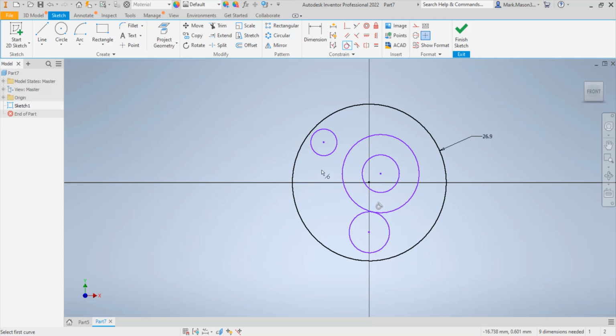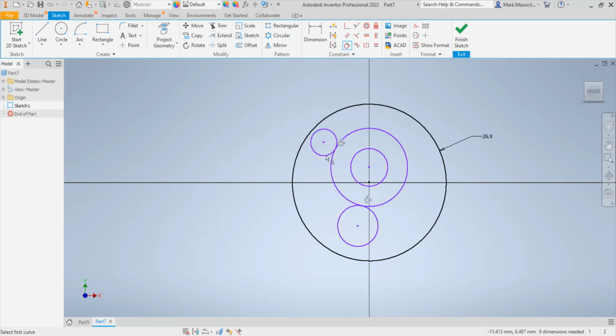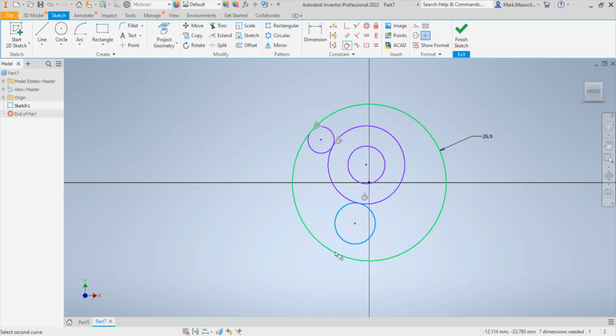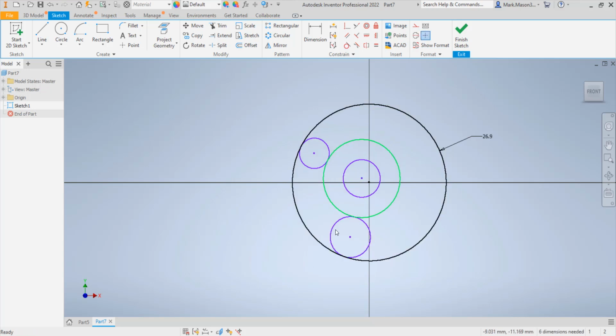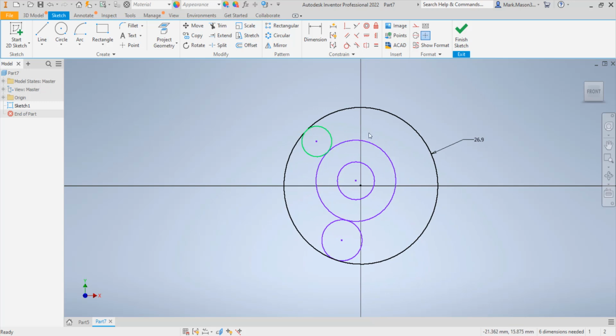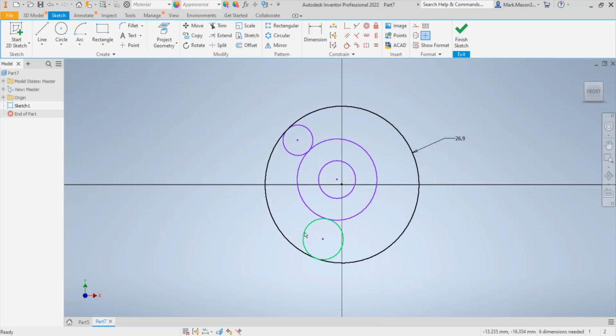You can see it moves. I want this one to that one, and this one to this one, and finally this one to that one. As you can see, it does that for me. Now they're all tangential. Now you can slightly move them, but don't move them too much because it will just lose its place and become very erratic and unpredictable. It's good to actually put dimensions on it so that it stabilizes